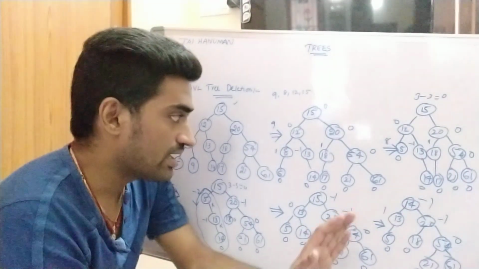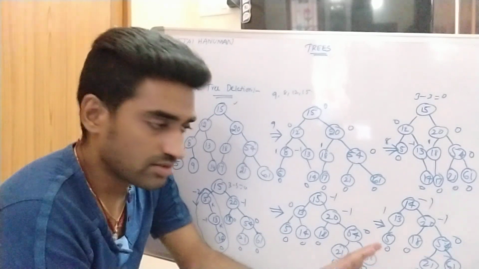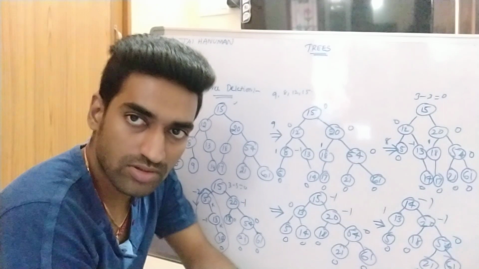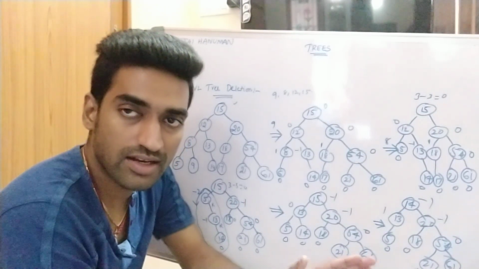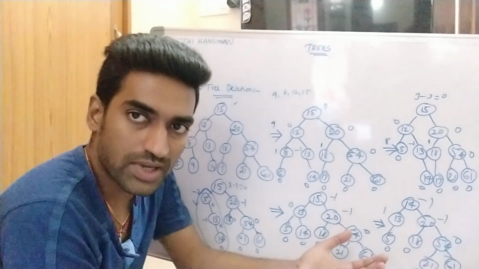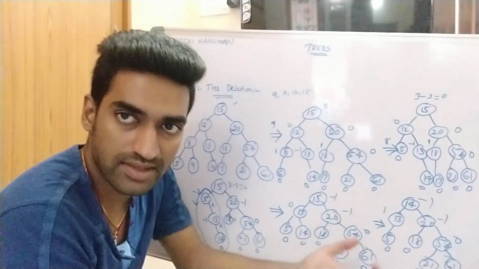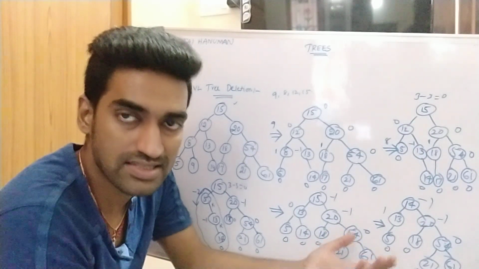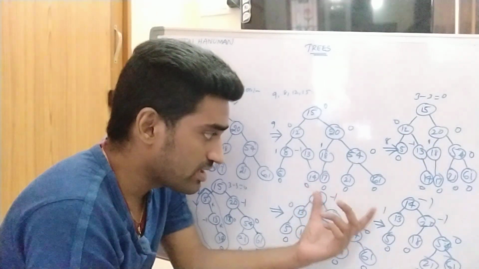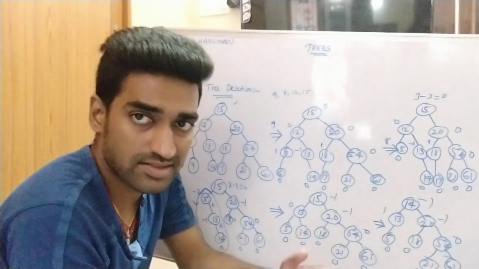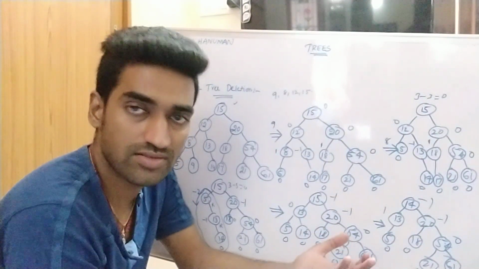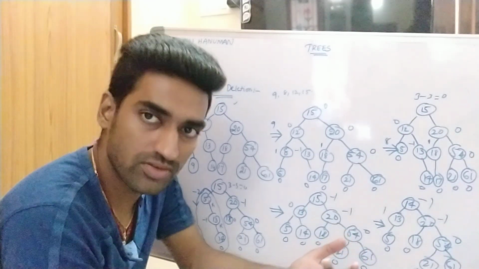Right? So in AVL tree deletion operation, once the node has been deleted, if each and every node maintains a balancing factor of either 0 or 1 or minus 1, in such cases, no need to apply the rotations. Otherwise, we can apply the rotations on the AVL tree to adjust the balancing factor of a critical node. Right? As well as this AVL tree deletion operation is similar to binary search tree deletion operation. Why? Because there are 3 possible cases: a node which contains 0 children, a node which contains 1 child, a node which contains 2 children.